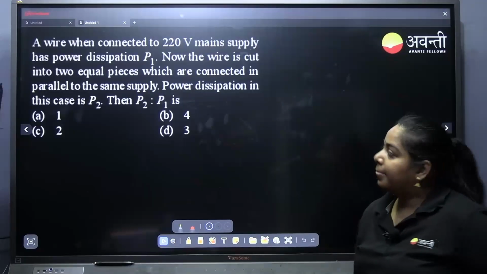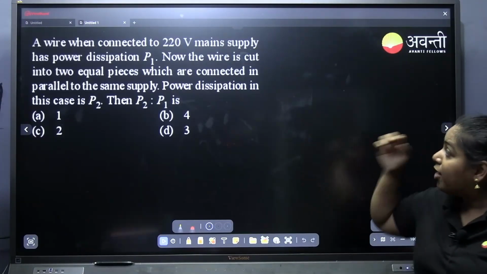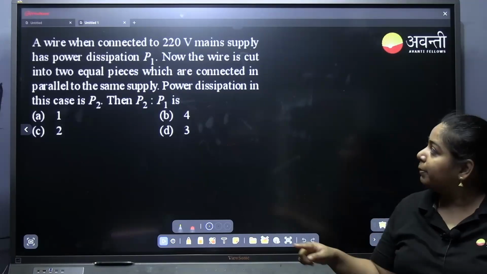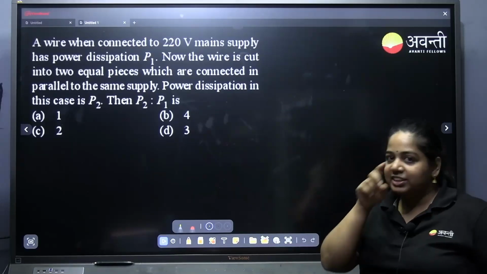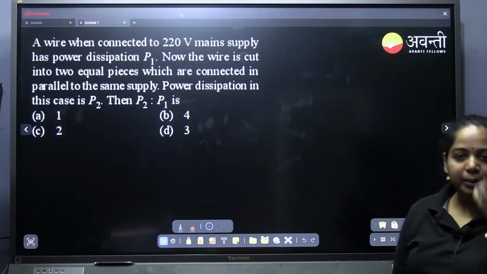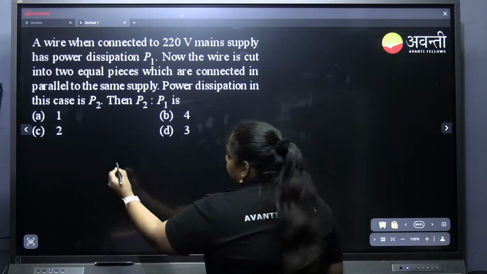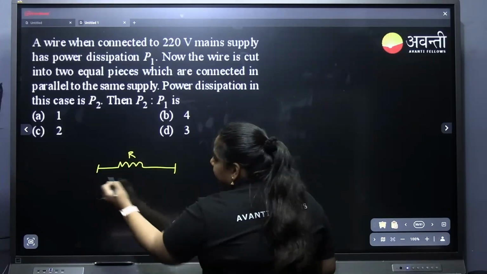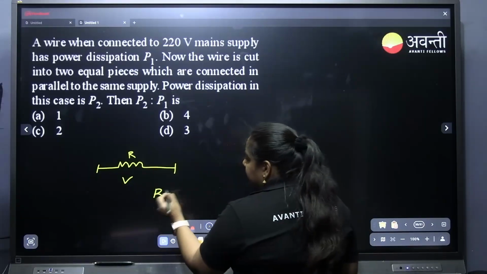Next one. A wire is connected to 220 volt main supply, and has power dissipation P1. Now the wire is cut into two equal pieces which are connected in parallel to the same supply. Power dissipation is P2. What is P1 is to P2 or P2 by P1? Okay. Now let's talk about wire. Some R is connected across V voltage. Our power is equal to,